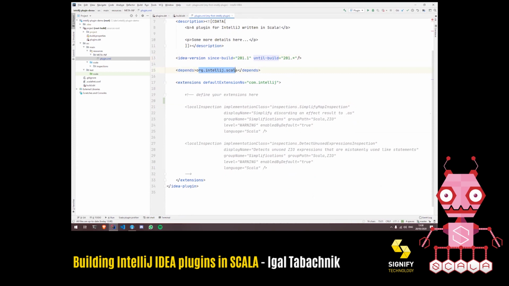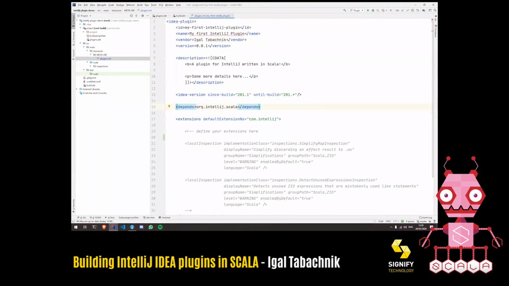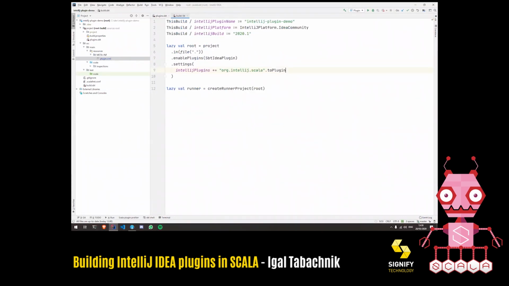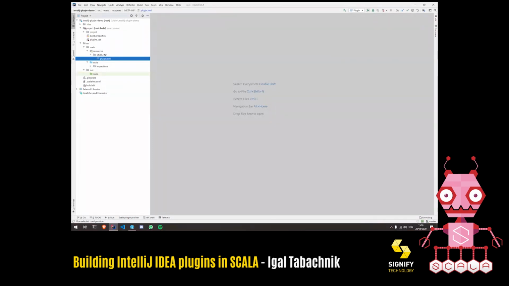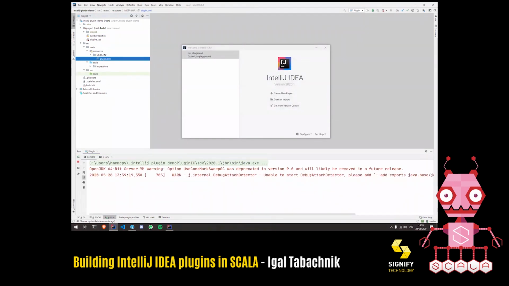This specifies the dependencies that we need. So we're stating that we're depending on the Scala plugin. And finally, this is the list of the extension points that we're going to implement, and I'm going to come back to this shortly. So now with just this basic bare bones structure, let me run it and see what happens. So I'm just going to run the project. And what happens is, the first time,